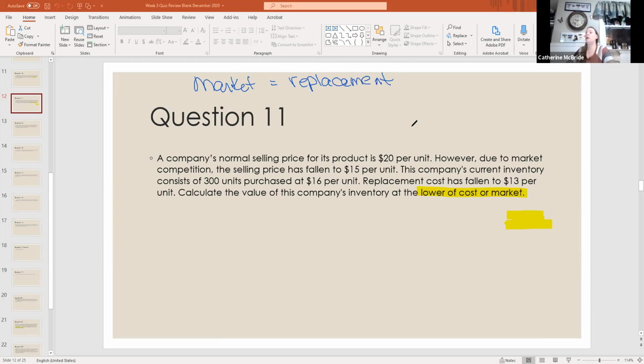So the idea behind lower of cost or market is you don't want to have your inventory on your balance sheet worth more than what it would cost if you went out and replaced it, because that means it's overvalued. So we're going to look at the difference between cost